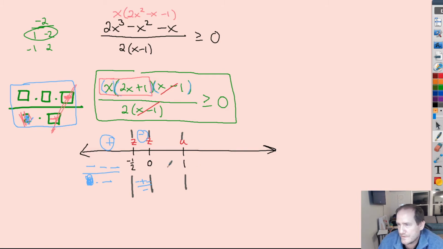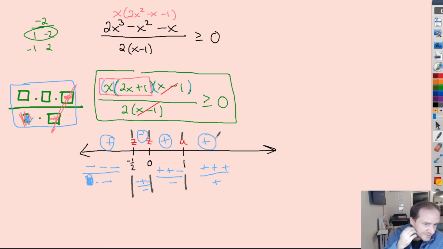Once we are greater than 0, this x term will now be positive, so we'll go positive. 2x plus 1 will be positive. X minus 1, since we're less than 1, will still be negative. But again, there's 2 negatives there, they cancel, we're still going to be positive. We could have been ignoring these things, remember. Alright, finally, once we're bigger than 1, every single factor will be positive, so we're positive. But there's your sign chart built. We go plus, minus, plus, plus,